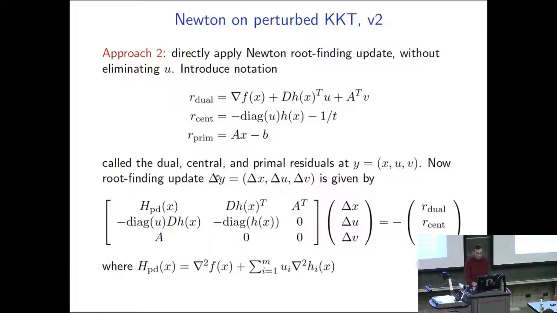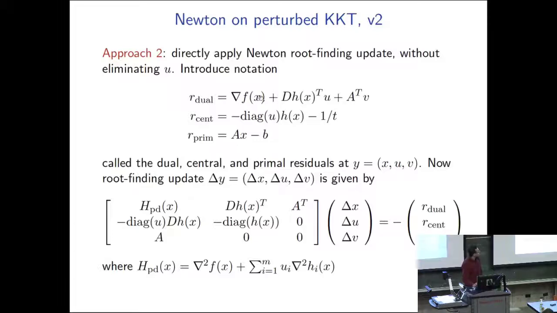So now if we run Newton's method for root finding on this block of variables x, u, v, we're going to form exactly this: the Jacobian of f, should say, at y, times delta y equals minus f of y. That's this system here. I've just rewritten r of xuv in terms of this triplet, r dual, r central and r primal. These are my variables, delta x, delta u, delta v, and this is the Jacobian matrix of this system. Right? To see that,